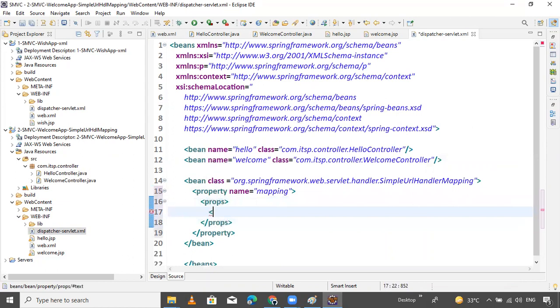Inside the props, prop key equals welcome.stm or hello.stm, passing the properties.